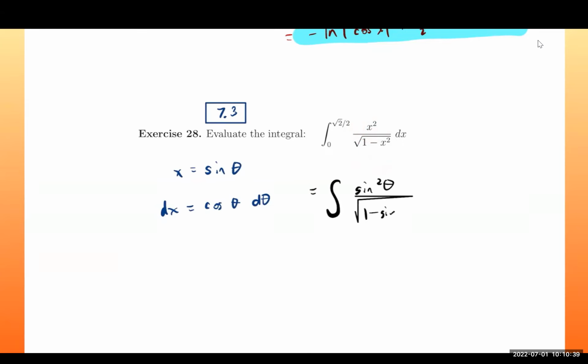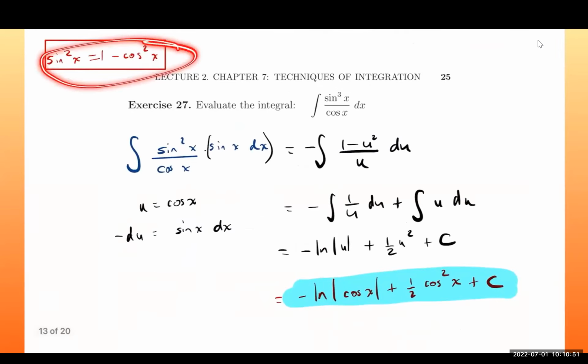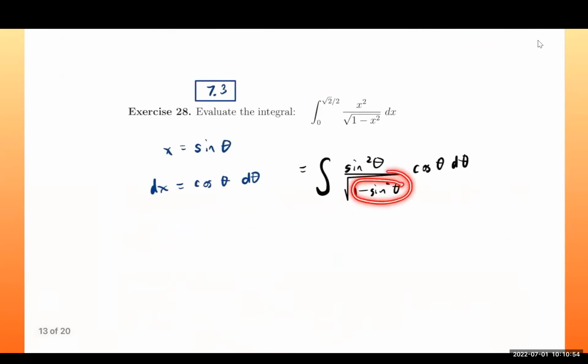The denominator becomes 1 minus sine squared theta. dx becomes cosine theta d theta. Similar to what we did above, we're going to use this identity to replace this for cosine. So it's going to be the integral of, the sine squared can stay the same. The denominator will be the square root of